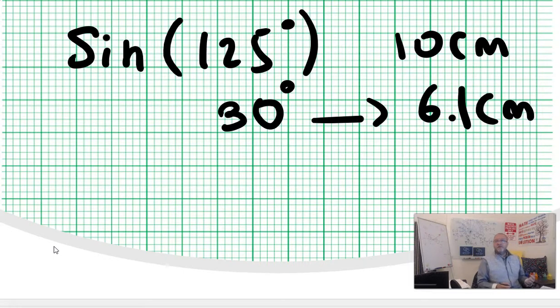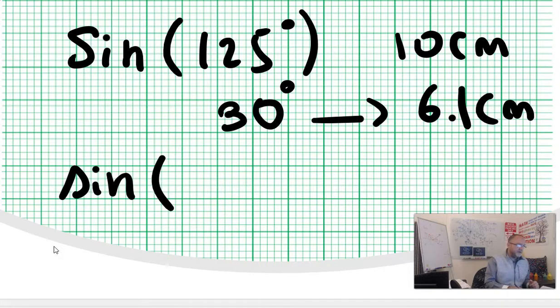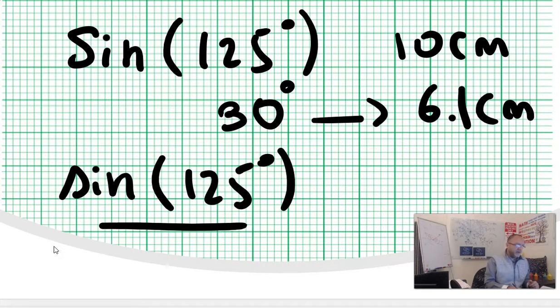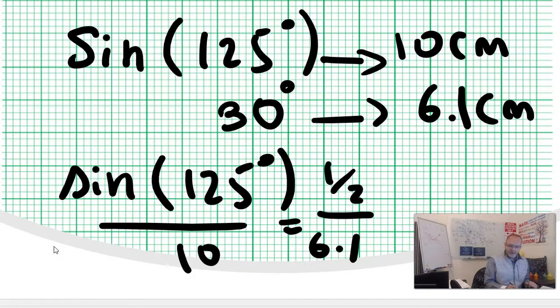The sine of 30 is a half, is 0.5. So all you need to do here is sine of 125 degrees divided by the corresponding side, equals sine of 30 degrees, which is 0.5 or a half, divided by 6.1. And you do your calculation. Let me do it here. 6.1, 0.819. So my answer is